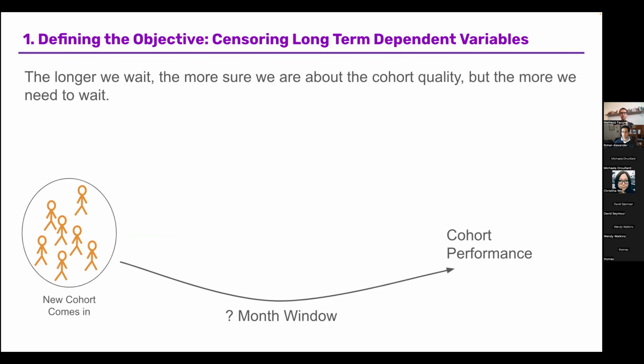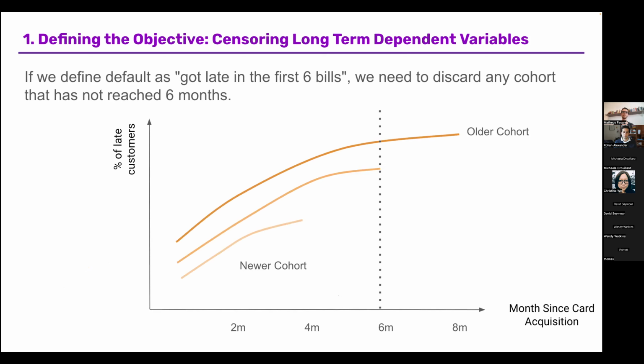So this is the trade-off: do we wait a lot and then we have to rely on very old data to predict new customer behavior? Or do we wait very little, but then we might have a noisy target, like the customer might default after we classify it as a default or not. And again, why is this a problem? Let's say that you define your window as 6 months, you can only use very old cohorts. A cohort here means a batch of customers that joined your bank. So you can only use very old cohorts to train your model.